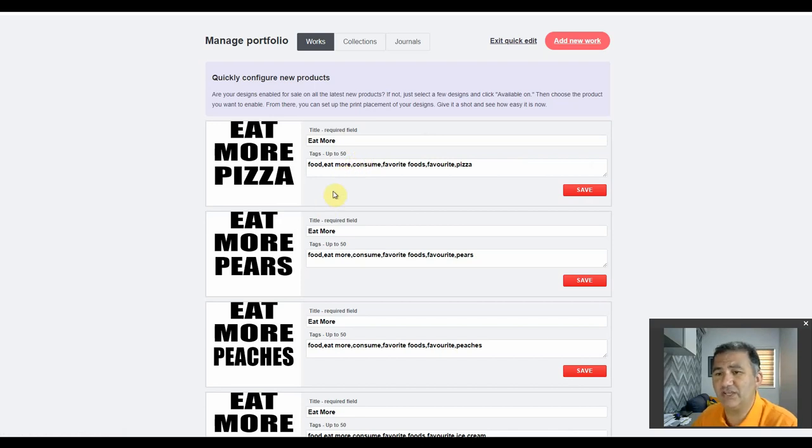Now, as you can see here, previously, I had just put some very basic tags for each one: food, eat more, consume, favorite foods, favorite, and then pizza, with the word pizza being changed at the end of each tag depending on the food item that the design was showing. So what I want to do now is add some long tail keywords and change up these keywords so that hopefully these designs will show up higher in search on the particular pages pertinent to the long tail keyword phrase